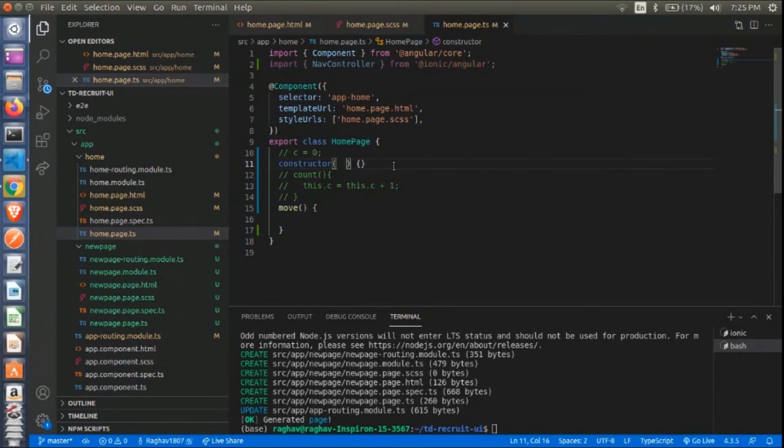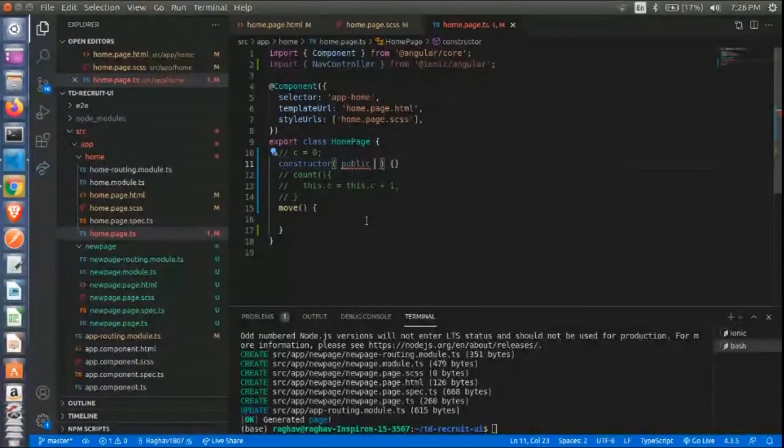So here I'm giving the object as public. What does this public mean? This public means that you will be able to access the object throughout the whole TypeScript file.